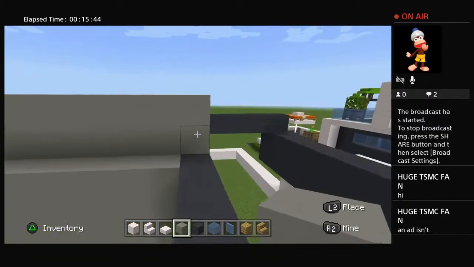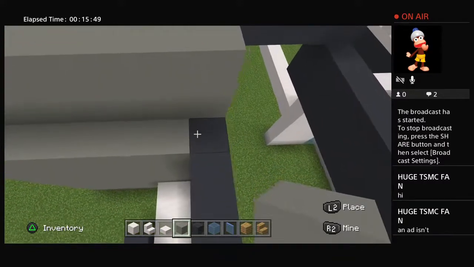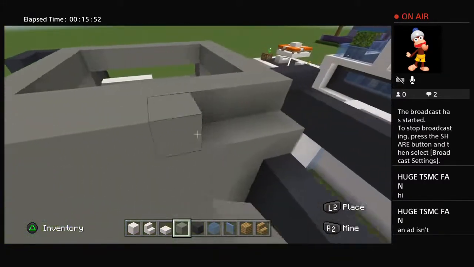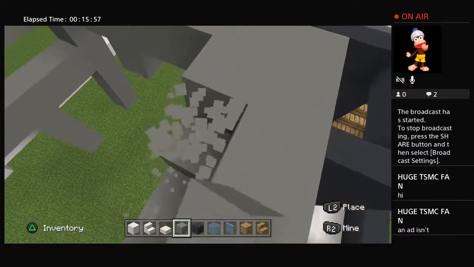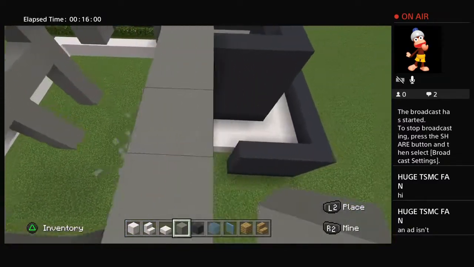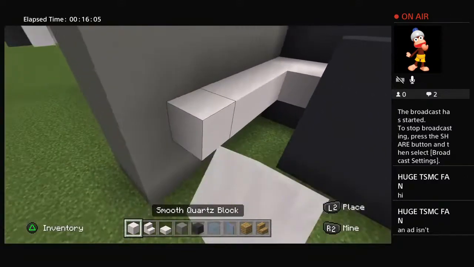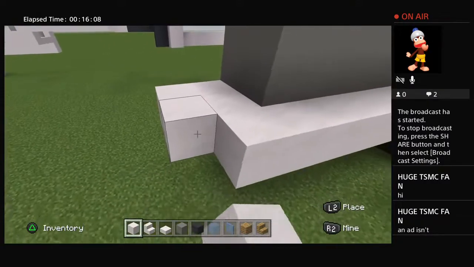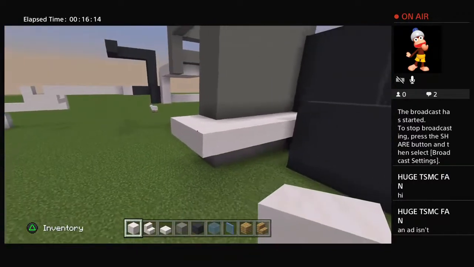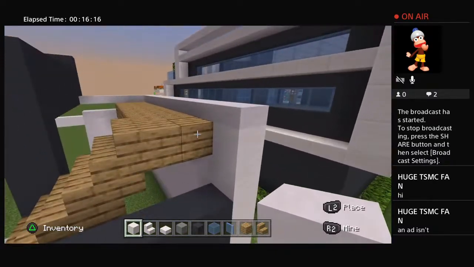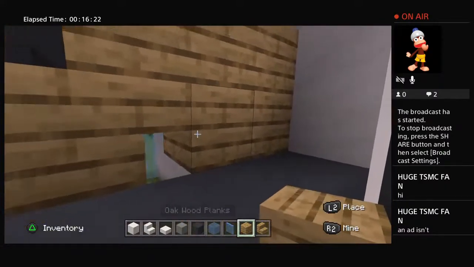And then we still have our row of 2 walkway, which we can then just extend across to the left, and then hook it around this corner here, and then we will just leave it like that for now. But that's kind of what we're dealing with, and underneath this oak plank walkway here, we can just fill this in. We can also add the extra row of grey concrete